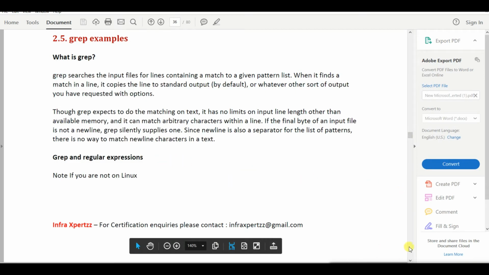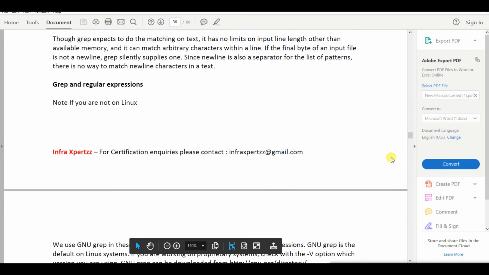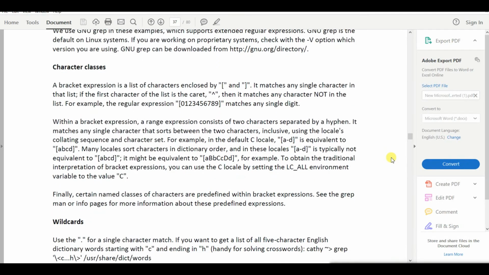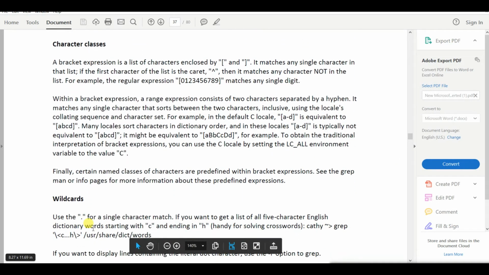So we are going to see how we grep with character classes. There will be character classes and character ranges available. So character classes, then wildcards, normal regular expressions, how we are going to grep with these will be shown here.